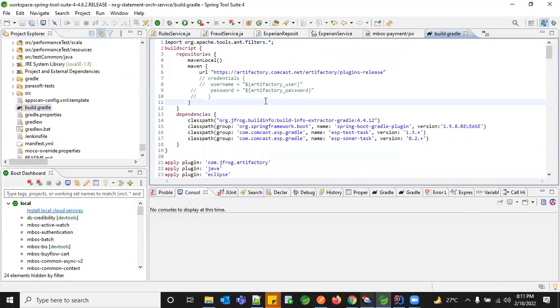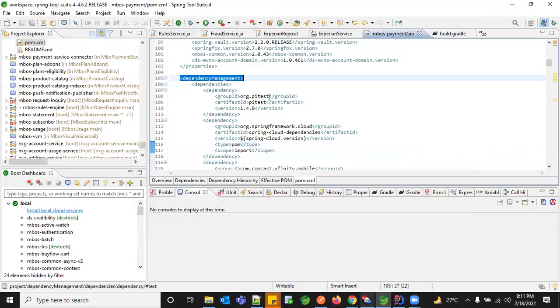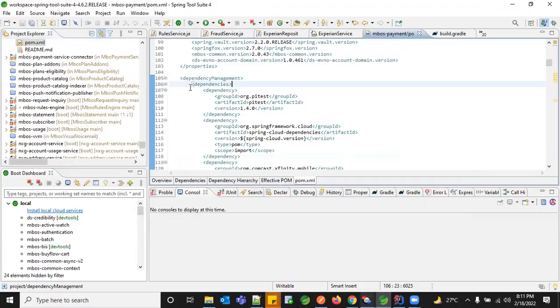So even here you have the same structure. The only thing is the syntax would be a little different compared to your pom.xml. The pom.xml is completely using an XML notation, so it is similar to your markup tag. So this is the tag you need to use, and under this you have to define your relevant artifacts, which is very user friendly.